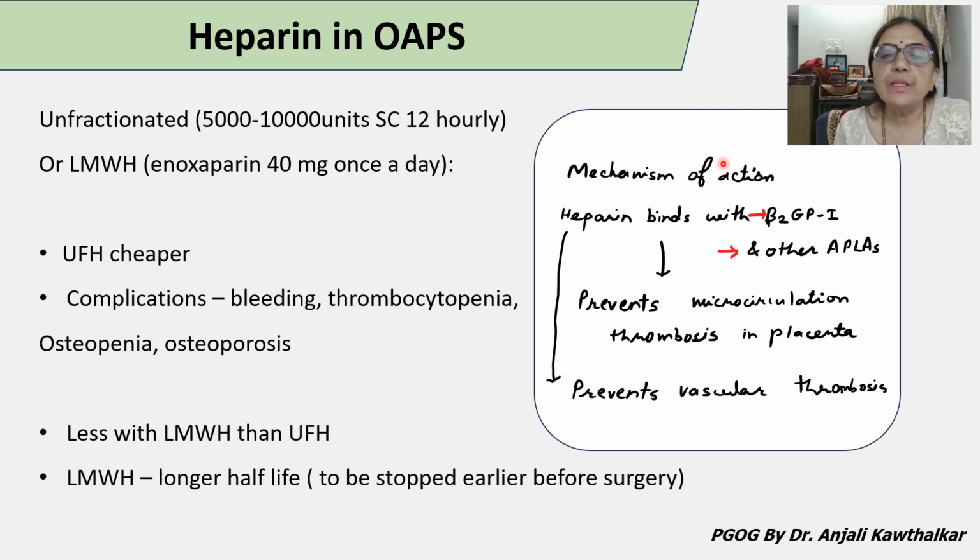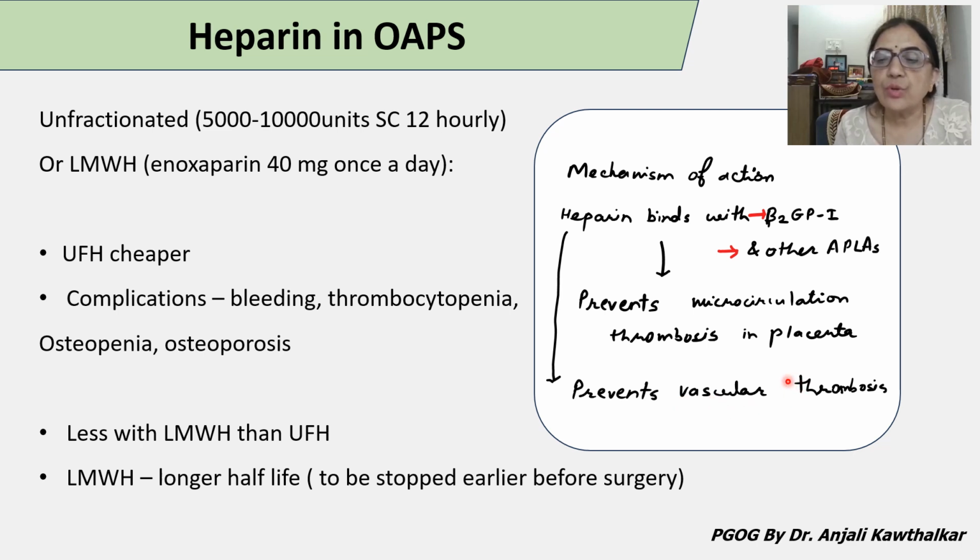The mechanism of action of heparin is it binds with beta-2 glycoprotein 1. It also binds with other antiphospholipid antibodies, such as anticardiolipin antibody and lupus anticoagulant antibody. With that, as it binds with beta-2 glycoprotein 1 and other antiphospholipid antibodies, what heparin does is it prevents microcirculation thrombosis in the placenta, as well as it prevents vascular, either arterial